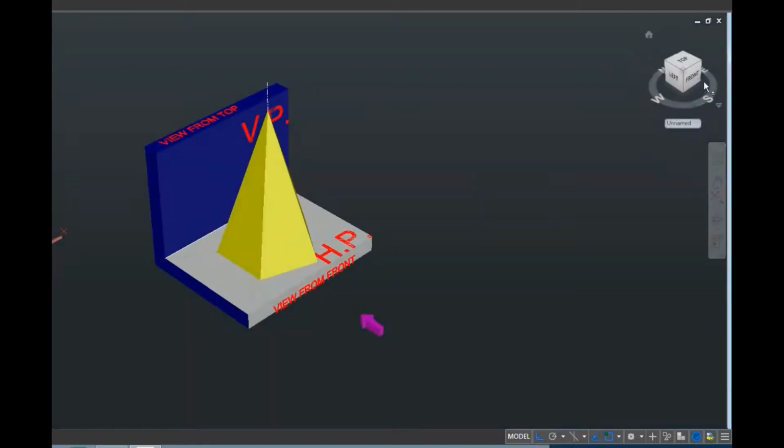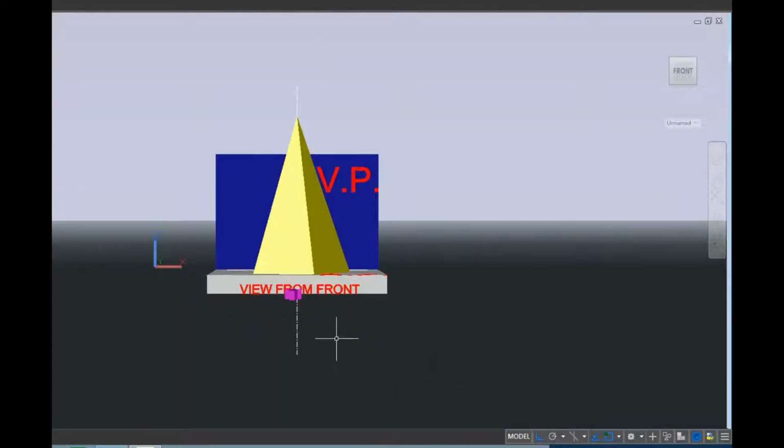When you view this from the top, it will become very easy for you. Now this edge is perpendicular to VP, as you can see here. I'm rotating the cursor there. This straight edge means that the pentagonal pyramid edge is perpendicular to VP. In the top view, there will be a simple pentagon, as it is on the screen, with diagonals visible. And from the front, you'll see that there will be only 2 triangles.